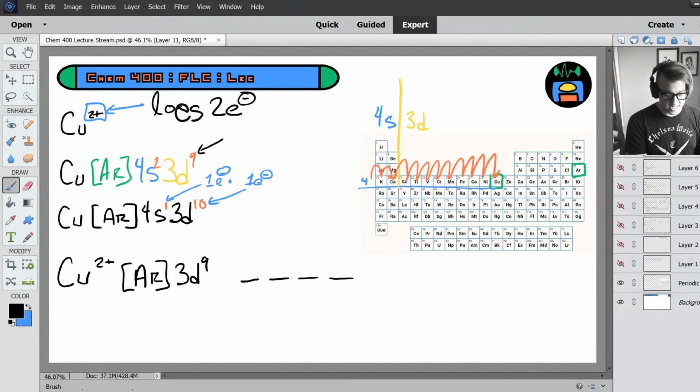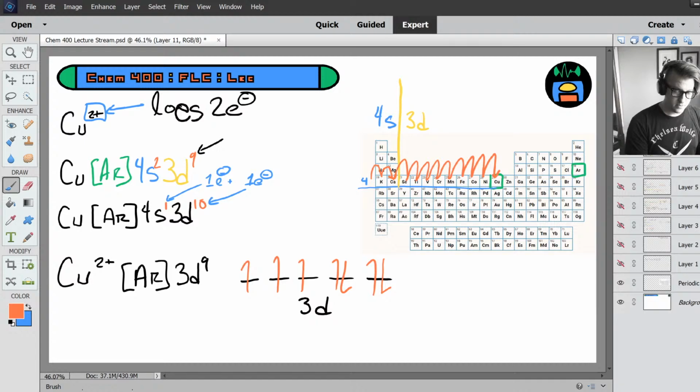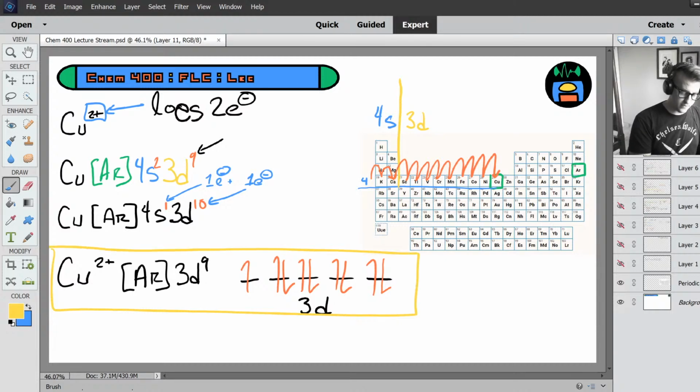And so this is one instance where you do end up with 9 electrons in your d subshell, but the reason why you end up with 9 is because you've lost electrons to get there. There are no more electrons in the s subshell to promote up. So this is the electron configuration and orbital diagram for copper 2+. All right, the promotion still happens. So you see for neutral copper, it's argon 4s1 3d10. But then when you do 2+, you have to lose 2 electrons, so you bump back down to 9.